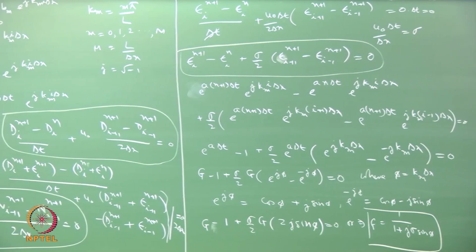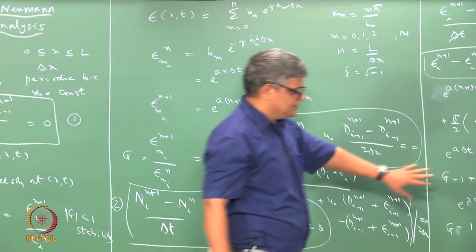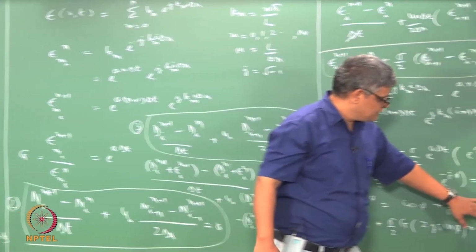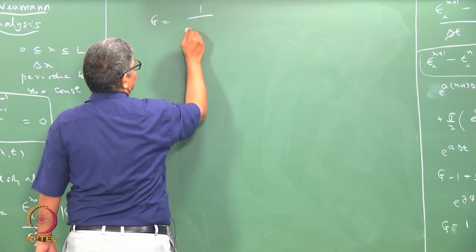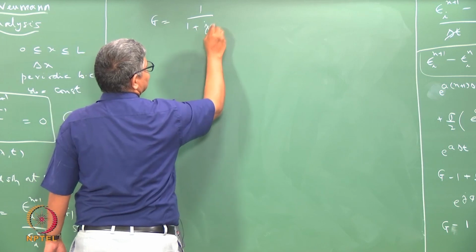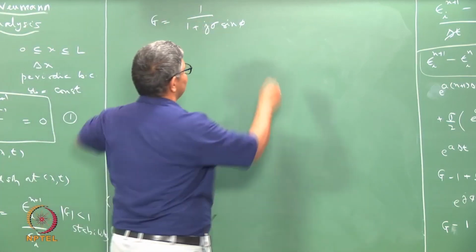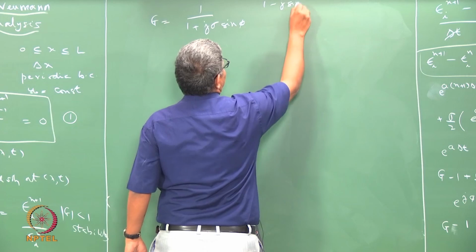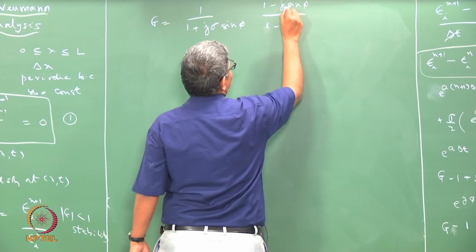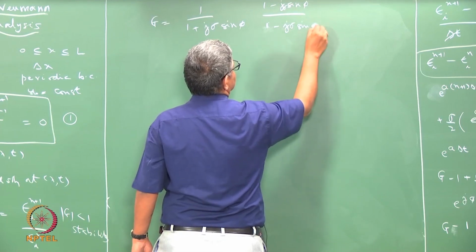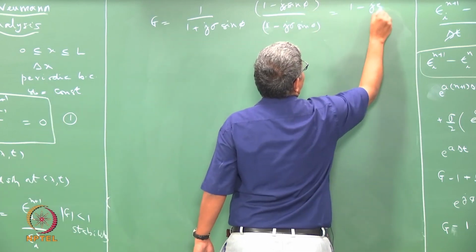This is our amplification factor. Okay. So now we have to investigate the conditions under which G is going to be greater than 1. So we have G equal to 1 by 1 plus j sigma sin phi, and we can multiply and divide by 1 minus j sigma sin phi,